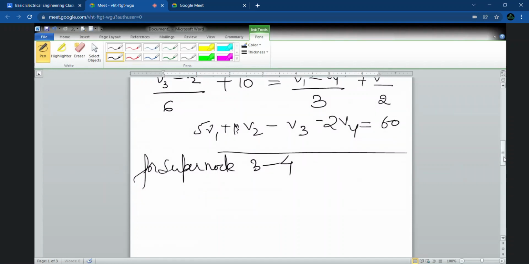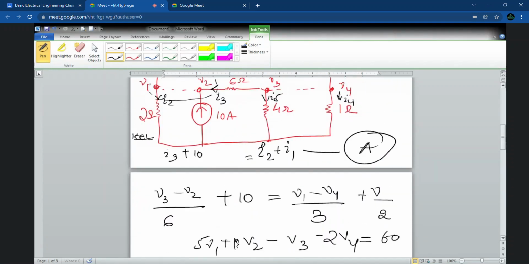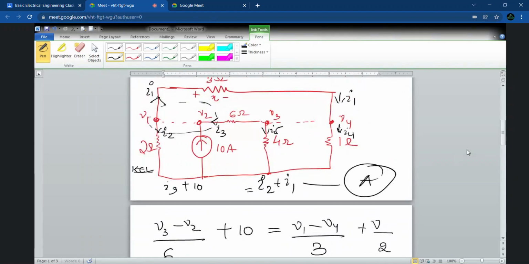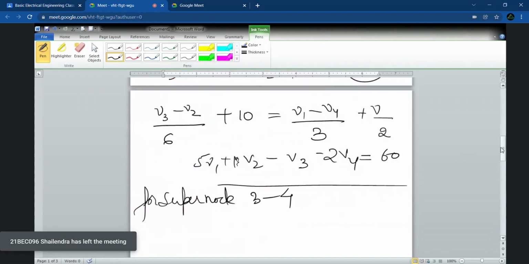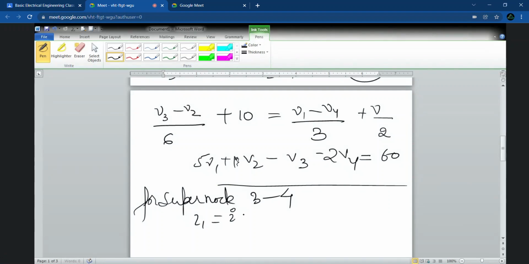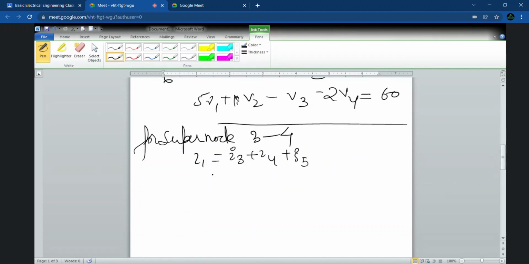Just coming to the circuit, you can see, we write the equation for I1: I1 is equal to I3 plus I4 plus I5. All of them are out from that node. So we will be writing I1 is equal to I3 plus I4 plus I5. Is it clear to everybody? ठीक है? So you can again write the same equation in terms of V and write down the final equation. You can do it now? Yes, ma'am. Okay.